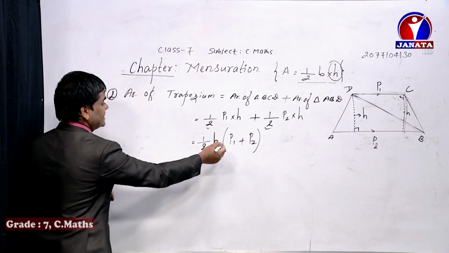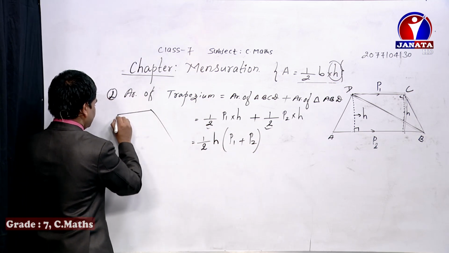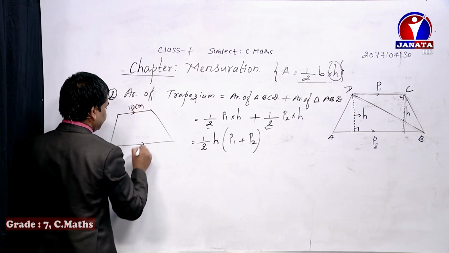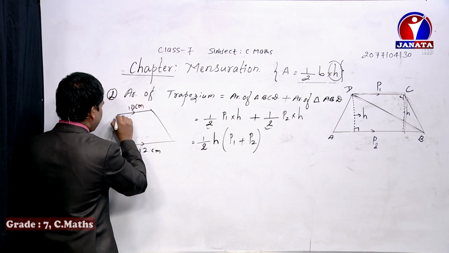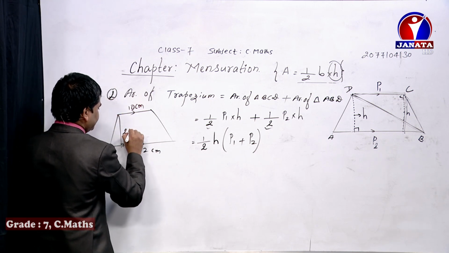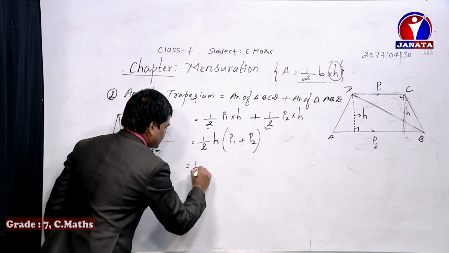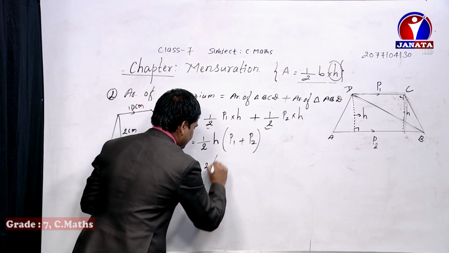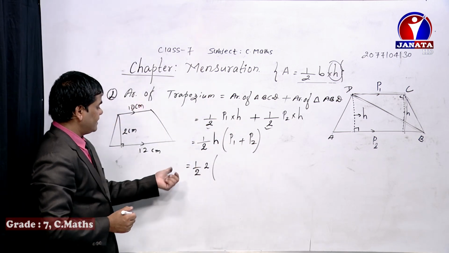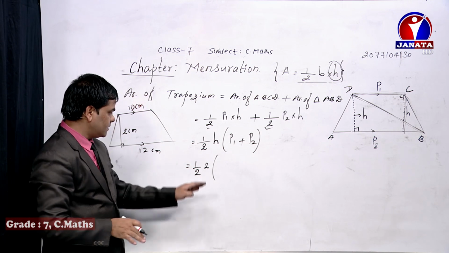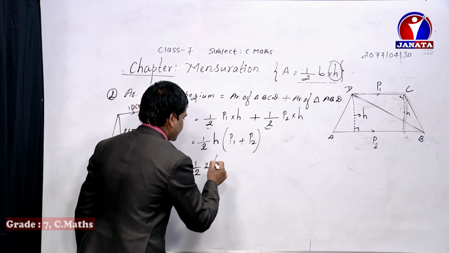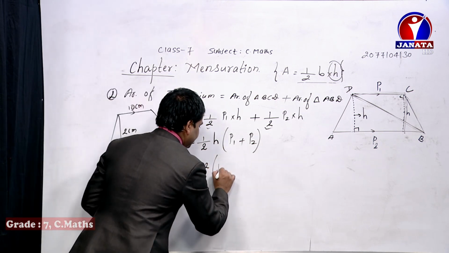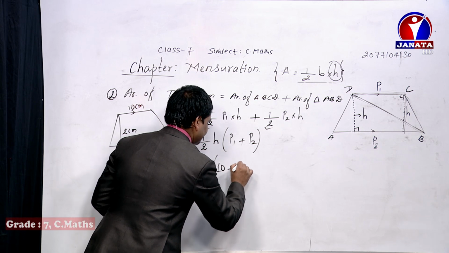So when this formula is used, I just want to do a question. These two lines are parallel to each other. One has 10 centimeter length and the other 12 centimeter, and the height is given as 2 centimeter. At the time, 1 by 2, what is the value of h? Looking at this figure, it is 2 centimeters. So just write 2. No need to write the unit. Later, at last, you can mention the unit after finding the answer. You can suppose any one among these two as P1 and P2. So 10 centimeter is P1 and 12 centimeter is P2.